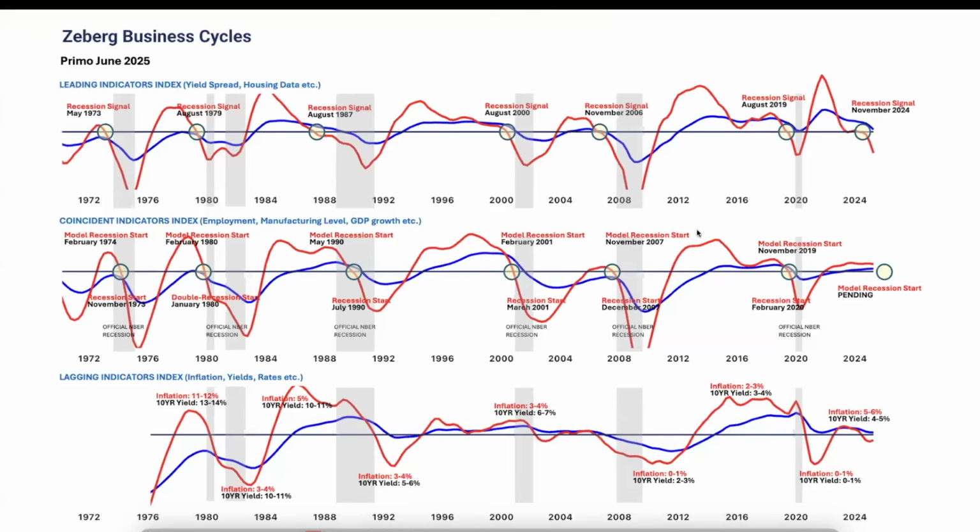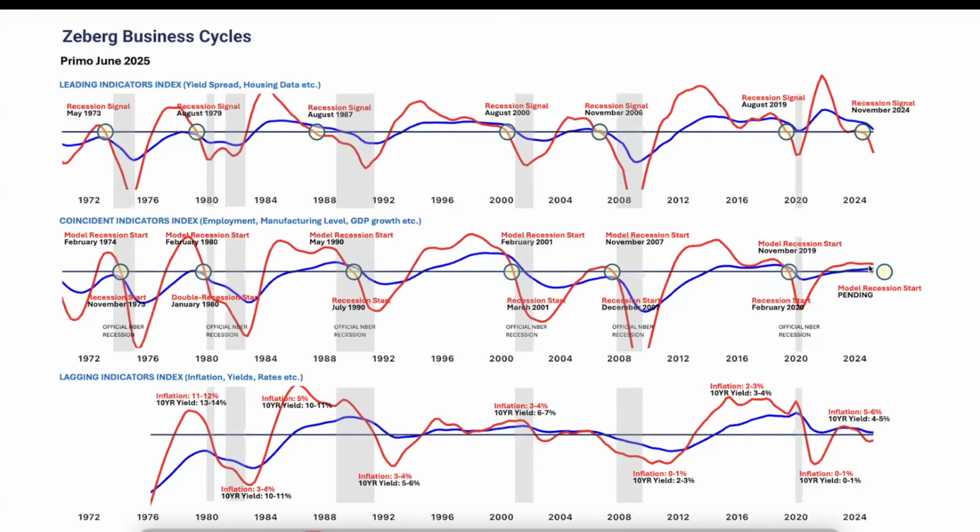When everybody was so bearish in 2022, I could look at this and say the leading indicators are all the way up here and the coincident indicators are still rising. There's no way we are in a recession. This time around, in April, when everybody was again falling over their own feet calling for a recession and a bear market, I said, well, we do have the rollover of this, but we haven't seen the touch of this yet. We are still above the equilibrium here.